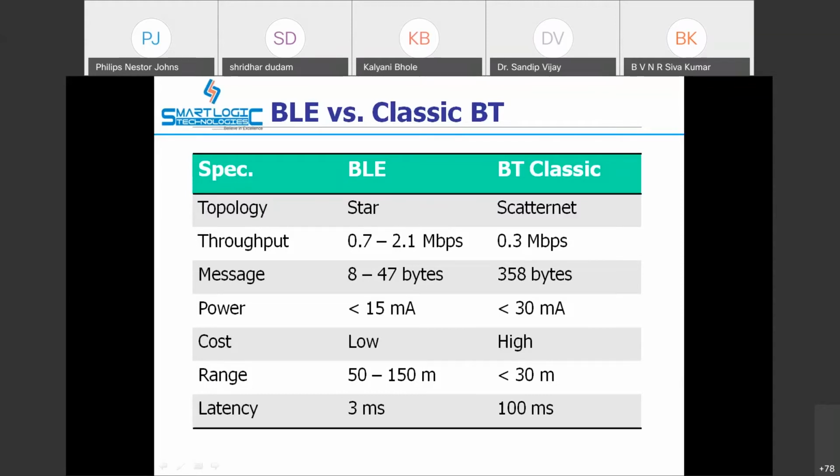The power consumption is always low in BLE because it is designed for that. The cost of BLE is lower compared to classic Bluetooth. The range is higher, but it is not always required, since if you select higher range BLE the cost is much more. So depending upon your application you can choose.